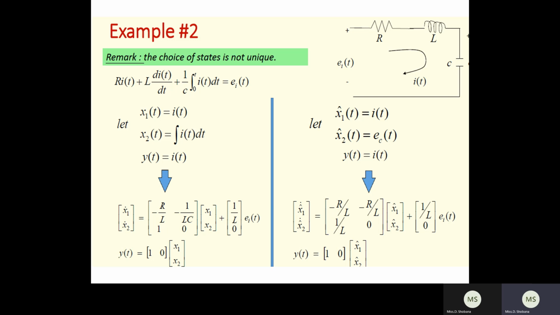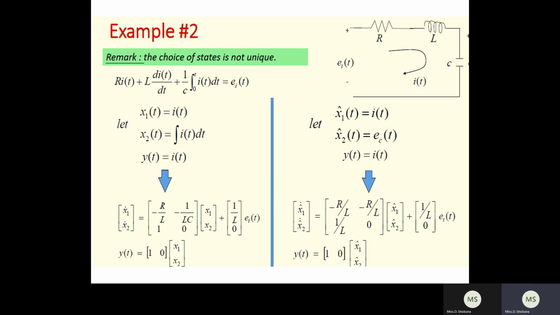That will consist of the input as 1 divided by L. So similarly, you can do the same with x2 dot. x2 dot is nothing but your x1, okay, therefore you will be getting 1 and 0, so that will be the output model. So here the state model and output model will be together called the state space representation of any system.